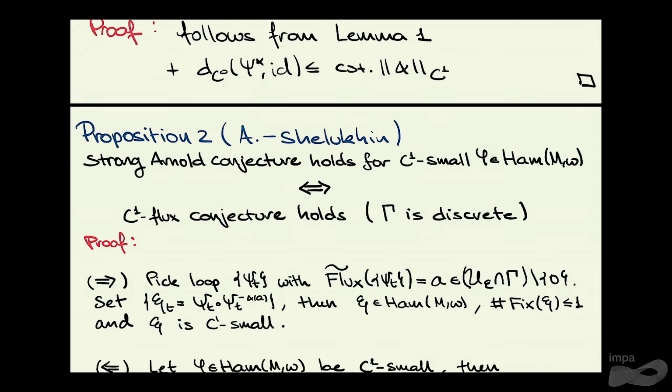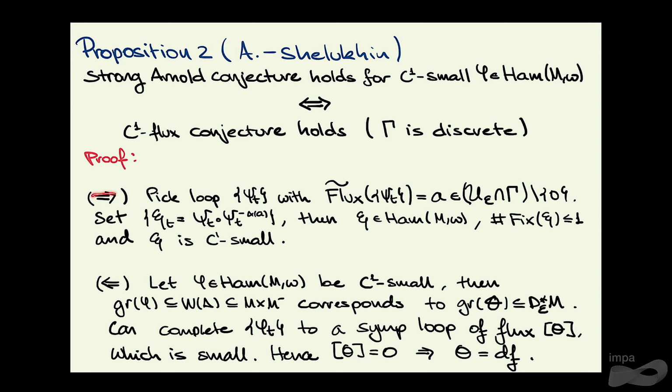Okay. So let's prove this implication. Now, because gamma has an accumulation point, we can pick a loop of symplectic diffeomorphisms with an arbitrarily small flux. So in particular, we take a loop of symplectic diffeomorphisms whose flux lies in that U epsilon that we constructed and in the flux group, and is non-trivial. Now we take the induced isotopy by that corollary, which has few zeros and which is small, and compose it with this loop. And, well, let this composition be xi-t.